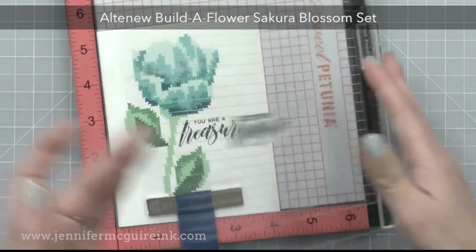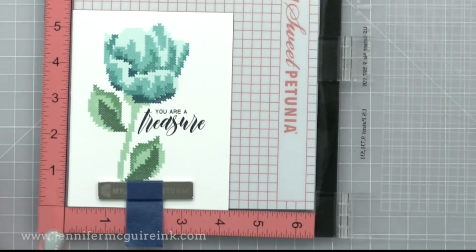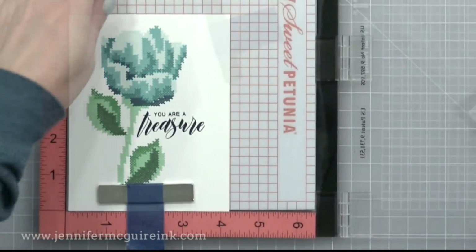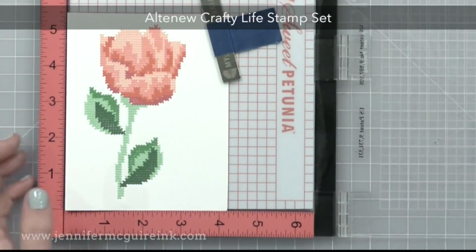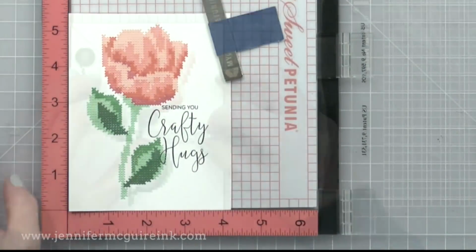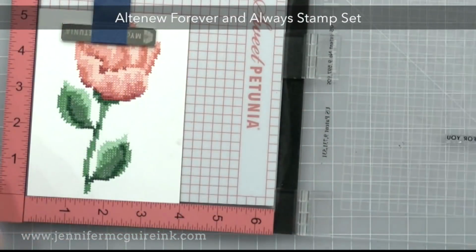So I wanted to make sure that sentiment was straight before I stamped it. Now when I stamp a little sentiment like this with lots of detail, I usually stamp it once very lightly and the second time very lightly, just to make sure that I don't over stamp it. Now on each of the different cards, I did 3 different sentiments, and I'll show you where these stamps are